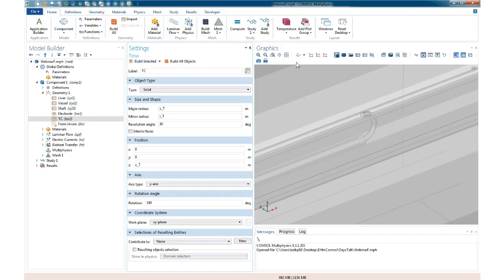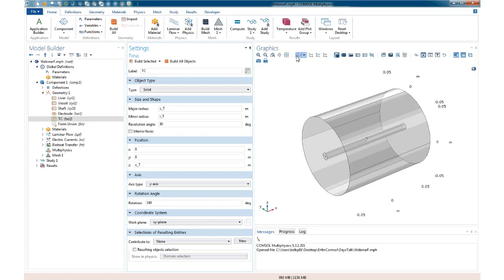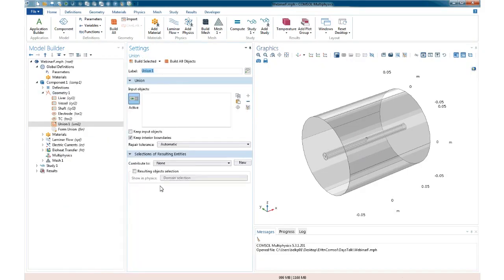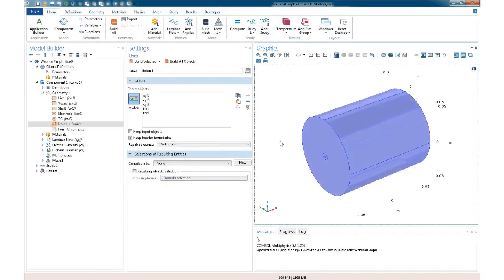And I'm going to notice that I don't really need to look at this entire region. I don't need to simulate the whole thing because it's pretty much fourfold symmetric. And so to save myself some trouble, I'm going to cut just one quadrant out of this. This isn't necessary, but it'll be convenient in the long run. So the first thing I'm going to do is I'm going to group everything I built so far into one unit. I do that with a union, and I say just give me everything, which I did by typing Control-A,